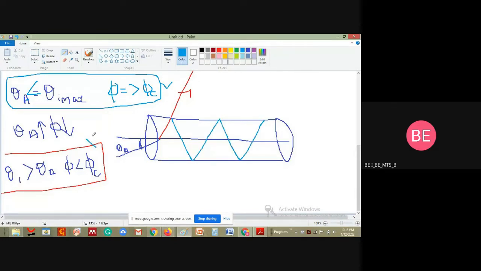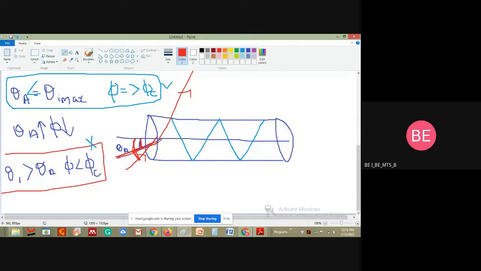If the angle of incidence goes beyond this angle, if the angle of incidence is greater than theta A, this is your theta A. If the angle of incidence of the light ray is greater than theta A, light will be simply refracted off because the angle of incidence at the core cladding interface goes below the critical angle. So this is the maximum angle. This theta A is the maximum angle below which when light falls on the air core interface, it will